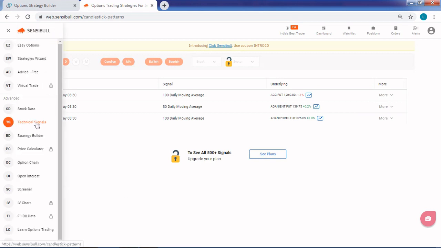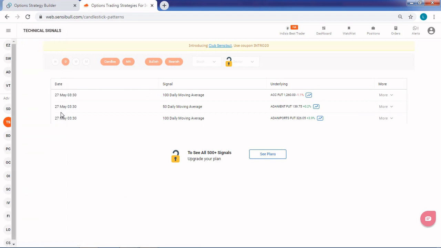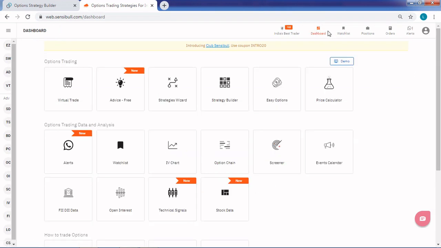But it's not only that. For example, these technical signals are available free, but free is only for 3 signals. If you want more signals, then it is again paid. So I would say most of them are locked, most of them are paid version. But one good thing is that they have a 7 days free trial, so you can try it yourself and then decide whether you want to buy it or not.